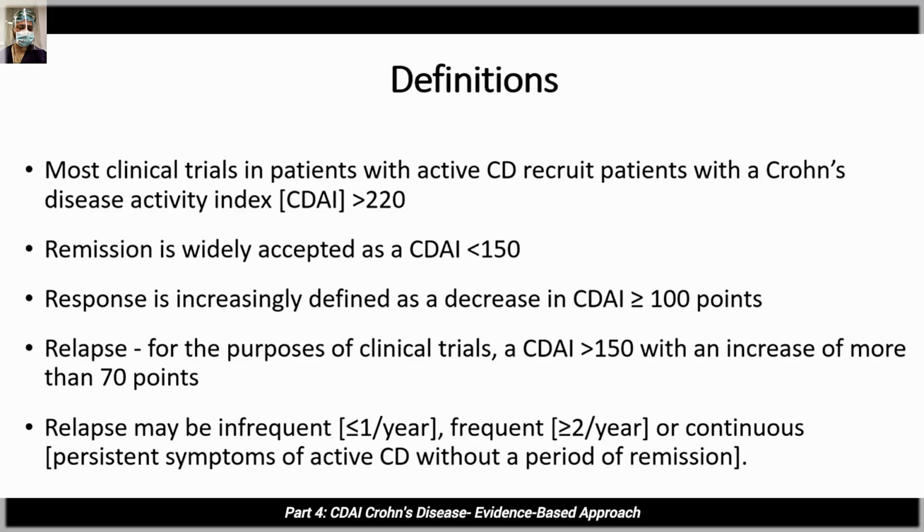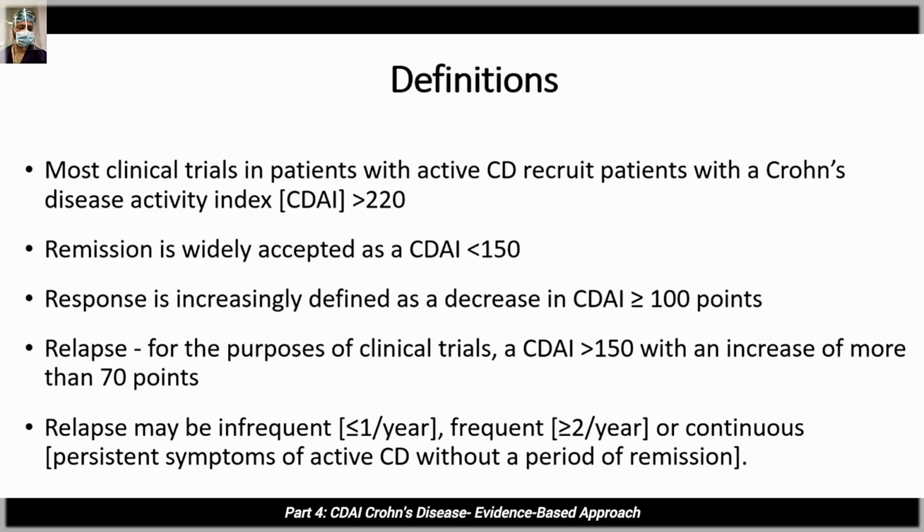Remission, as I said, is widely accepted when the Crohn disease activity index is less than 150. And response in Crohn disease after treatment is defined as a decrease in the Crohn disease activity index of more than or equal to 100 points. Relapse for the purpose of clinical trials is when the Crohn disease activity index is more than 150 with an increase of more than 70 points from the baseline, and relapses may be called infrequent if it is less than or equal to 1 per year, and frequent if it is more than or equal to 2 per year, or continuous if the patient has